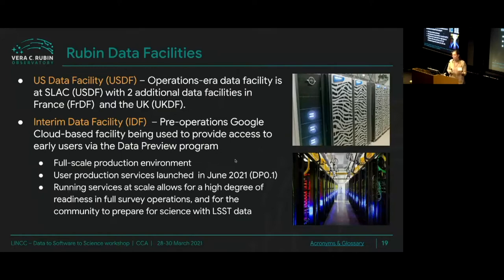So in the interim, we've set up what's called the interim data facility, the IDF. This is a Google cloud-based data facility. We've partnered with Google to host the data preview program on Google Cloud. This is not a prototype. It's not a proof of concept. It is a full-scale production environment. It is being used to host Data Preview 0 at the moment, and we're preparing to set up Data Preview 0.2